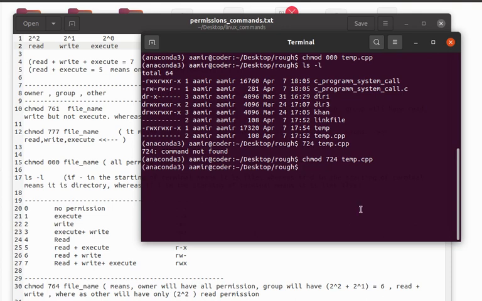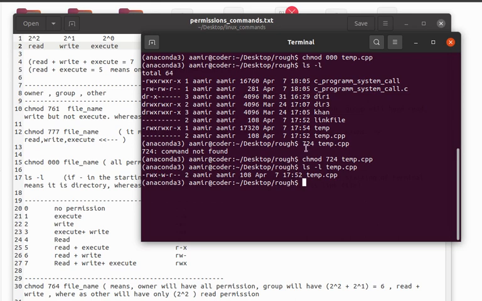Now you can see that, ls only temp.cpp. So here you can see I gave all permission to owner, which we can see: read, write, execute.